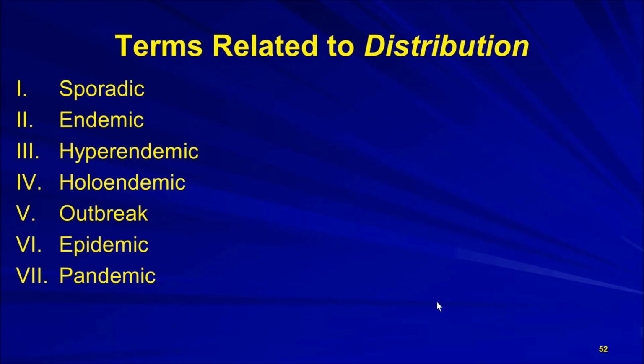Okay, now notice I'm still hung up on the word distribution in that definition. And what's difficult about this area is everything's a demic, and anytime you have words that sort of sound the same, they get much more difficult to learn. So we have number 2 is an endemic, so you can see the endings, and then we have hyperendemic, and then we have holoendemic, and then we have epidemic and pandemic.